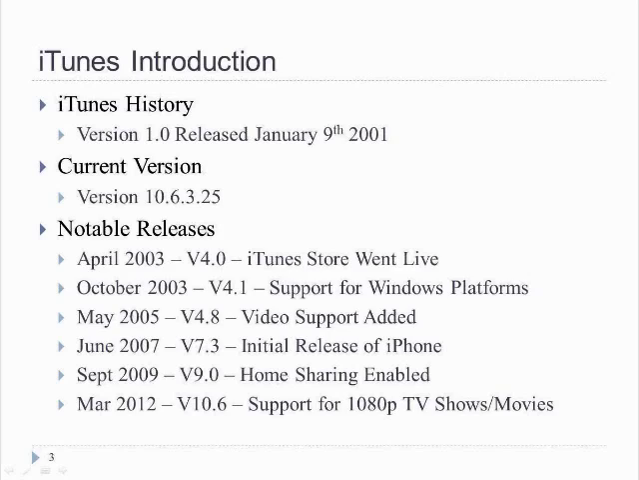The release in June 2007, version 7.3, is what corresponded to the initial release of the iPhone. So iTunes was now compatible with this phone device that you could sync with iTunes for your video and your media content. Moving along to September 2009, that's where we see the functionality of home sharing being enabled on the iTunes library. So now, if you had an iPhone or different laptops or desktops, you were able to share this library across your local network. And finally, in March 2012, version 10.6, this is where we see the support for 1080p TV